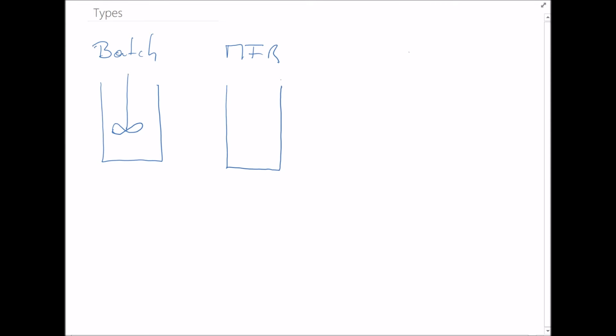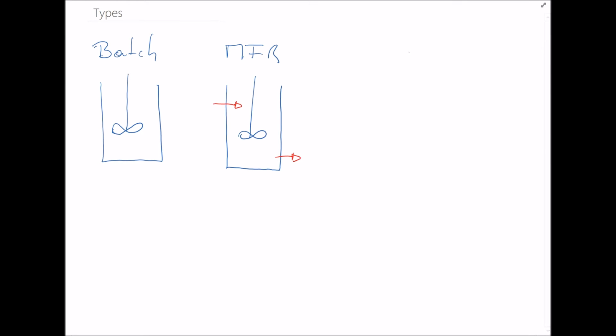We have two main types of reactors, flow and non-flow reactors. The first one will be the batch reactor, basically a bucket and a stirrer. We have the CSTR, or also called the MFR, continuously stirred tank reactor or mixed flow reactor. Let's call it MFR to emphasize the mixing process. It's basically again a bucket and a stirrer, but this time we have flow into the system and flow out